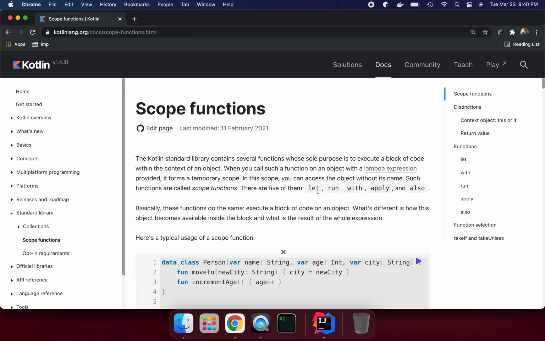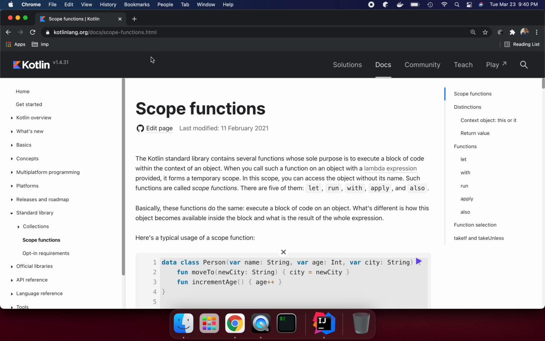In this lecture, we are going to talk about what a scope function is in Kotlin. So let's get started. Scope function is a really key thing if you are working in Kotlin, you might already know. So that's what we need to understand. So what is the scope function?